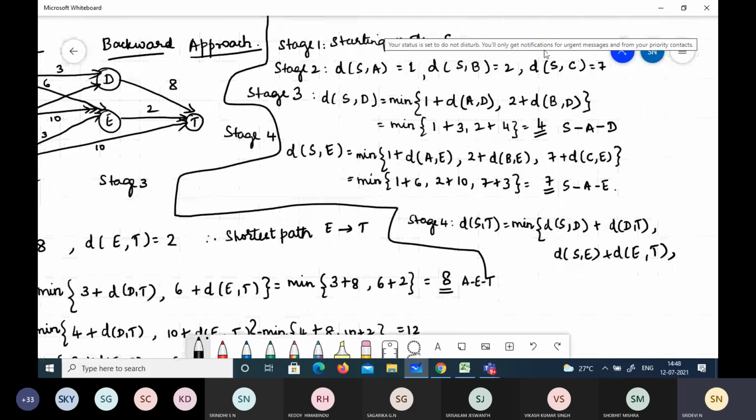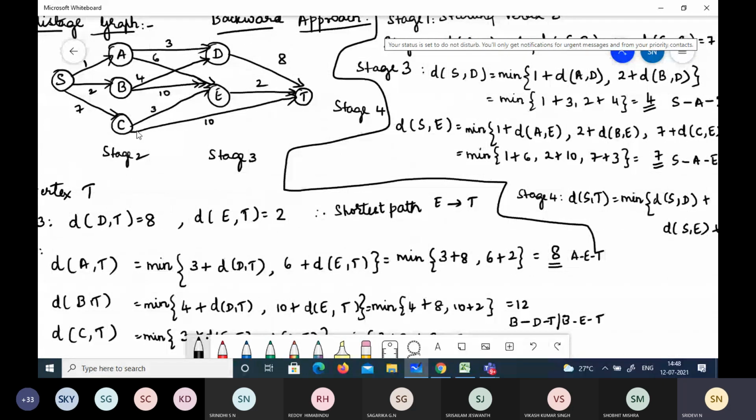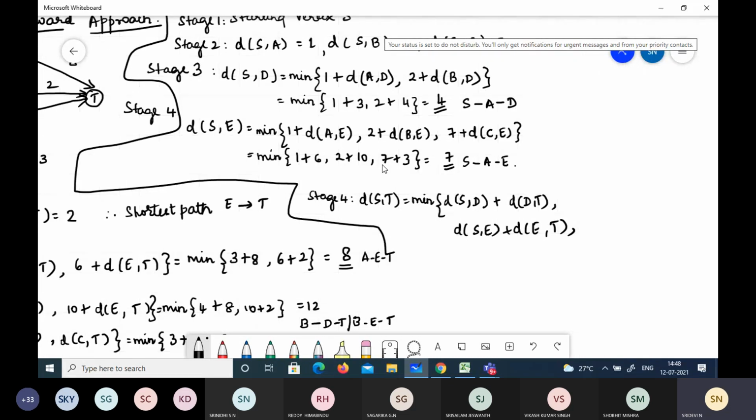Because I don't have an intermediate node here, directly from stage 2 it is connecting to stage 4. So I'll take the distance from S to C and from C to T.